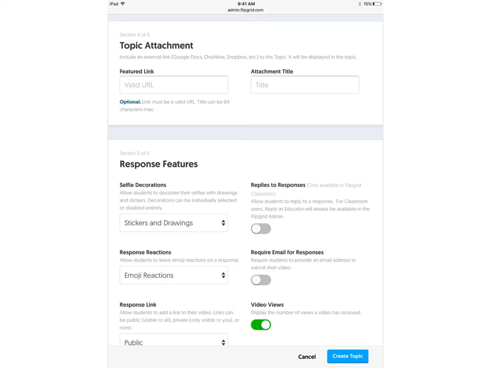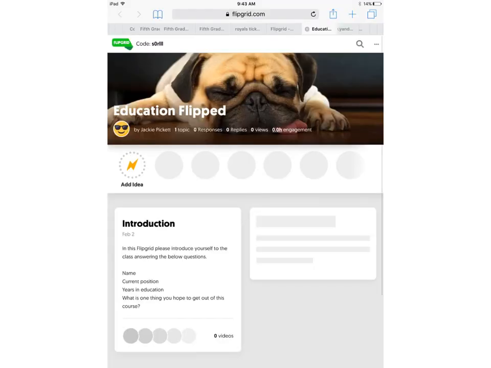The response features, you can have students reply to each other. To do the replies to responses, this piece right here, you do have to pay for that subscription. And then also, it does allow an option to do stickers and drawings for decorations and emojis and reactions and those kinds of things. That's kind of a personal preference if you want your students to be able to use that. So that's kind of the nitty-gritty on how to set up your own